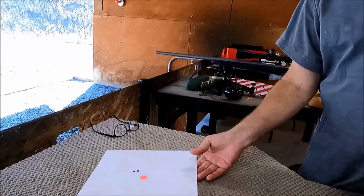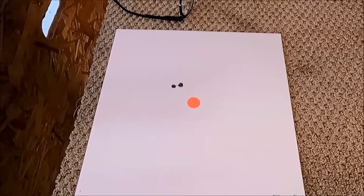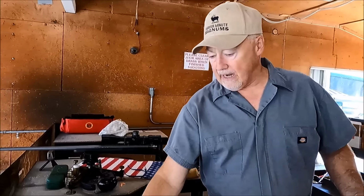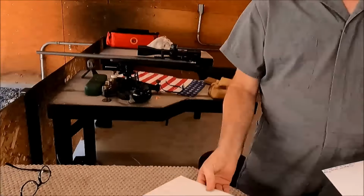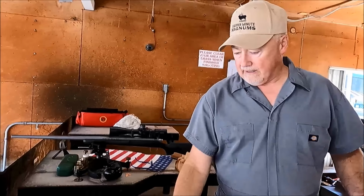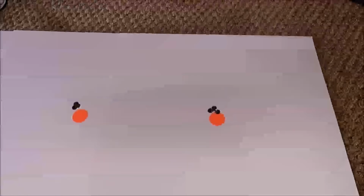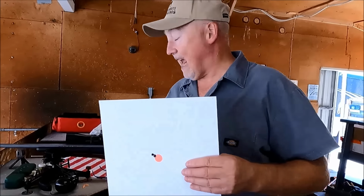Here, look. Okay, so that is 168 grain Federal factory ammo. All right, this is 180 grain Berger VLD. Look at that. All right, this is 184 grain Berger hybrid target, right? This is, look at this, 190 grain. 190 grain going